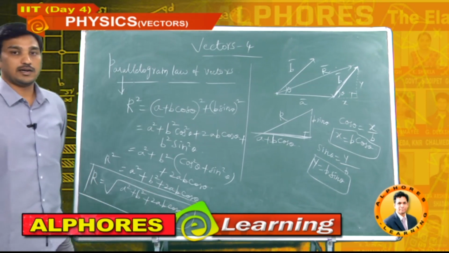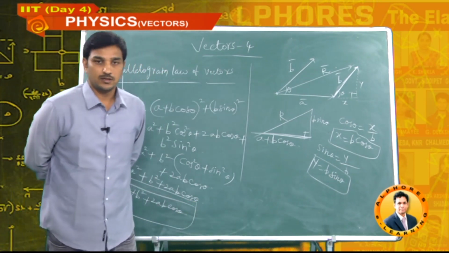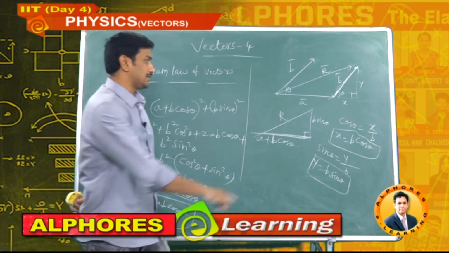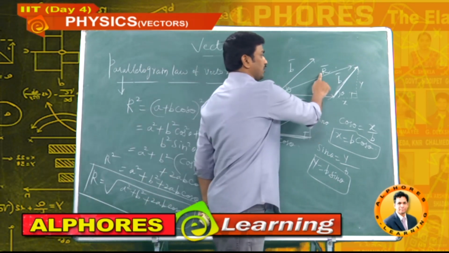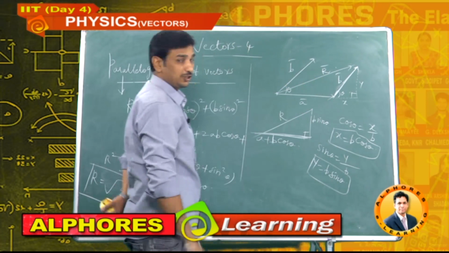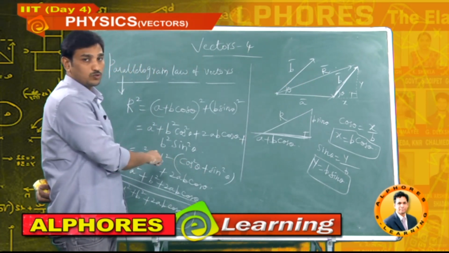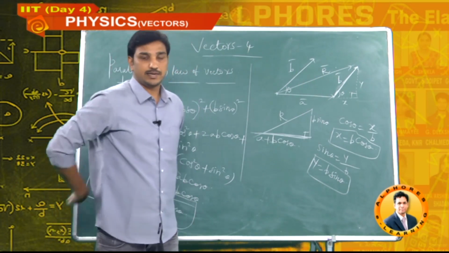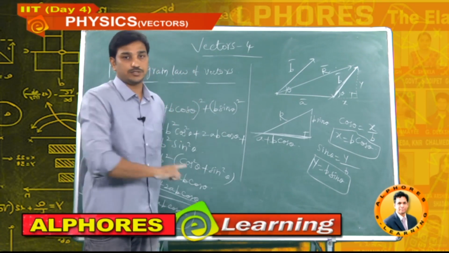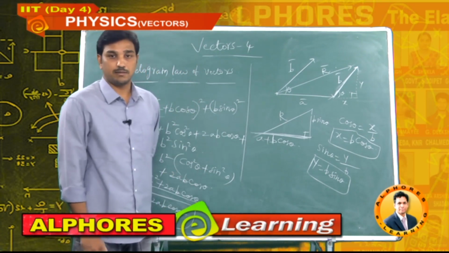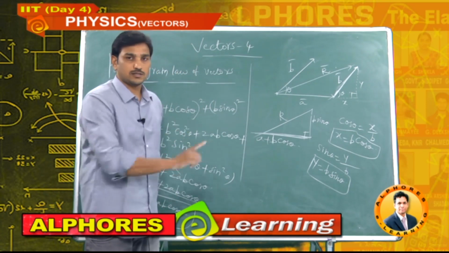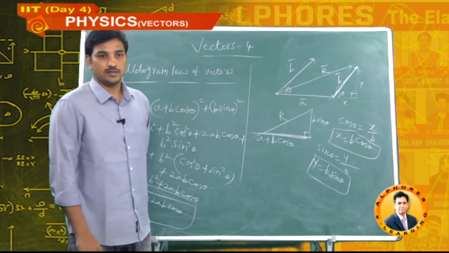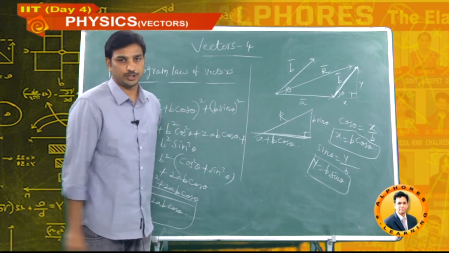Now according to parallelogram law of vectors, two sides of parallelogram representing two vectors, the resultant is the diagonal. This resultant vector magnitude we can calculate. How much? Under root of A square plus B square plus 2AB cos theta. It's very important. Please take care of this. In all the examinations, even JEE Mains, Advanced, in all the possible cases we will use this concept. I am not telling directly, they will ask you the question depending on this point. This concept we are using when you are going to solve the question.